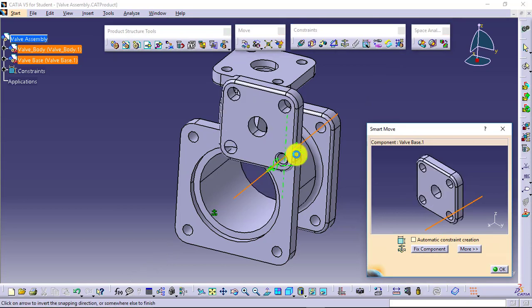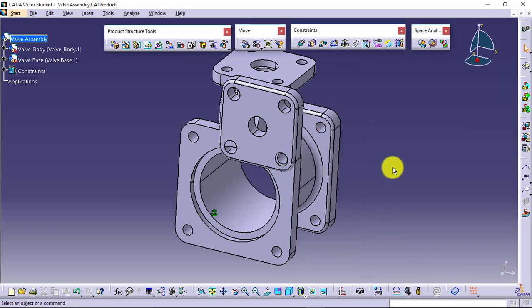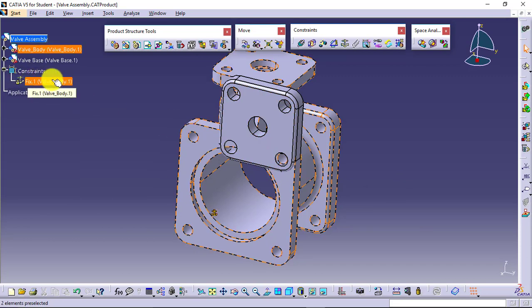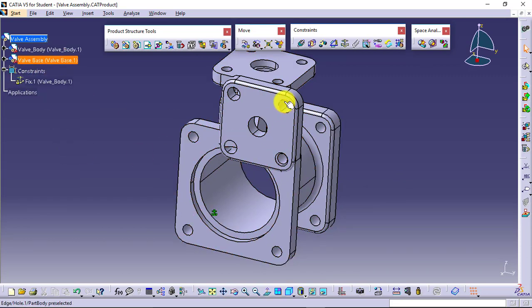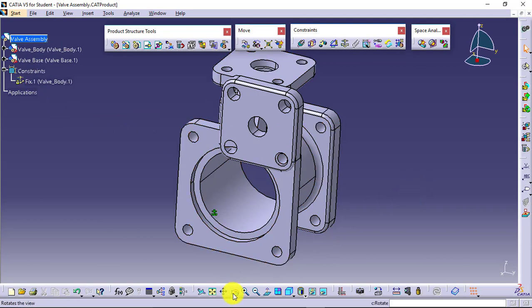It has been aligned. I'll go for more coincidence. Okay, so this is how I can align. You can see there is no such constraint applied over here, but what I had done is actually align the part.